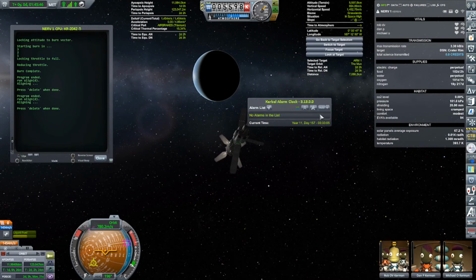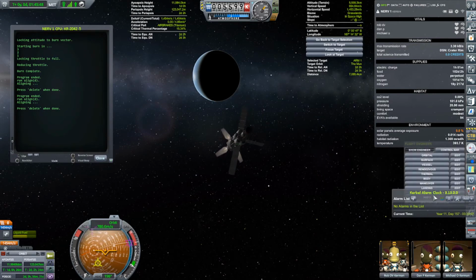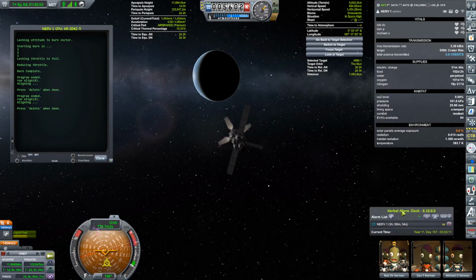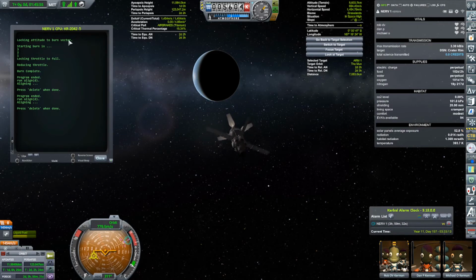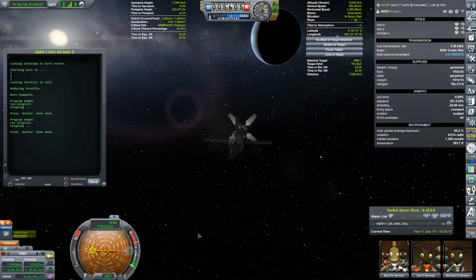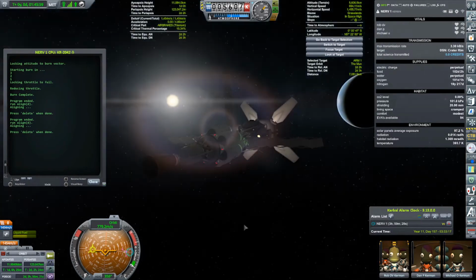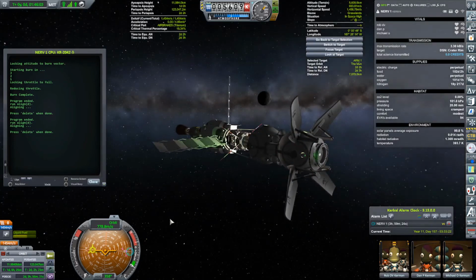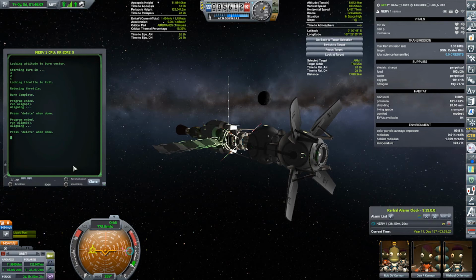Let's open up Kerbal Alarm Clock. Add an alarm for that menu. I know that there's a built-in alarm clock now here with 1.12, and I'm not really all that used to it. So I'm kind of hesitating just using it. Where's the moon? There we go. I will say that